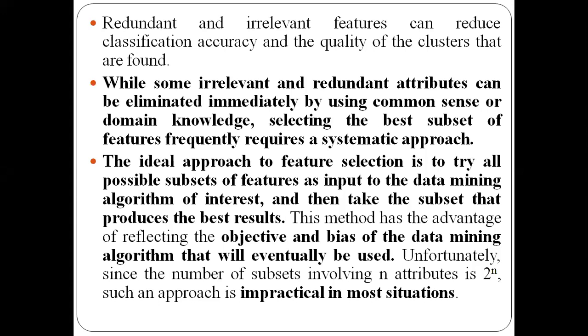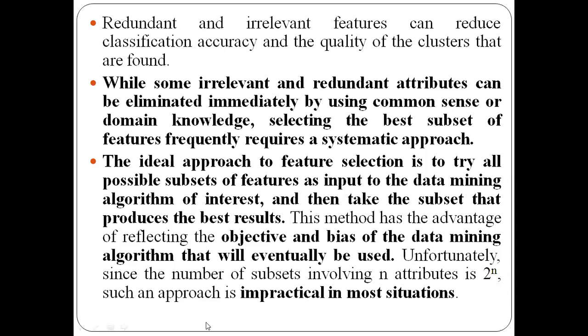And then we can consider the subset which is going to give me the best result. So whatever subset you give, if that subset gives you the best data mining result, we can consider that as the best, that is the feature selected. Okay. So one more thing: if you got n attributes here, the total number of possible subsets will be 2 raised to n.